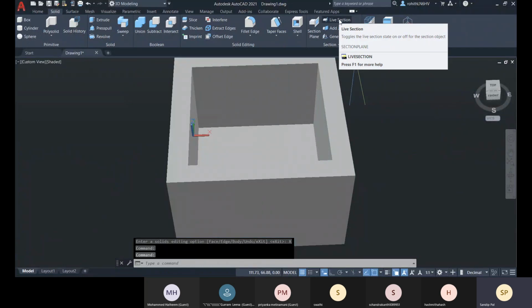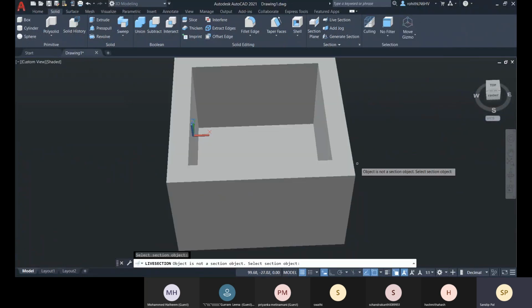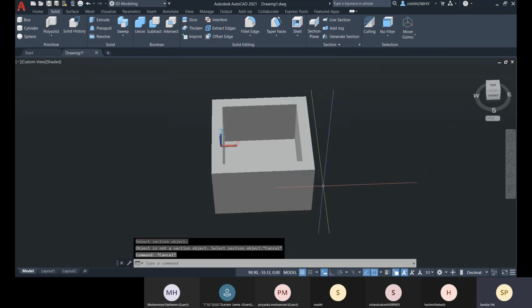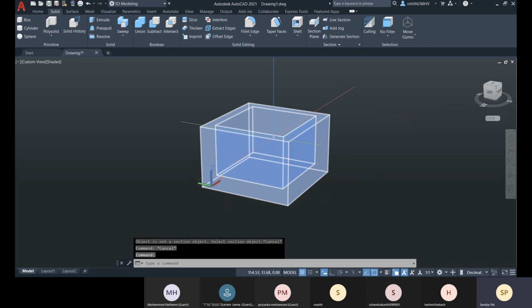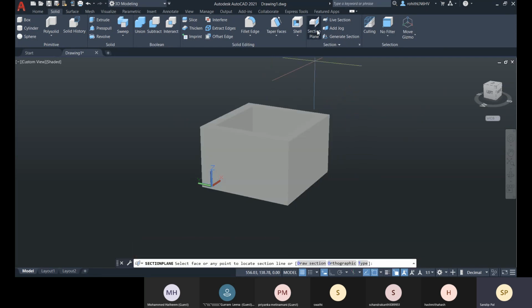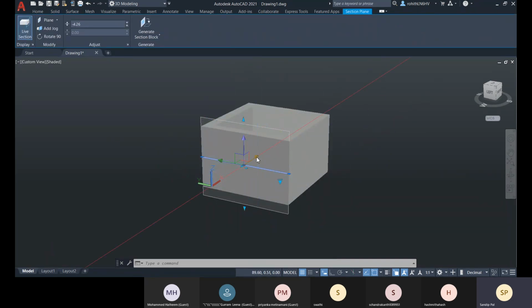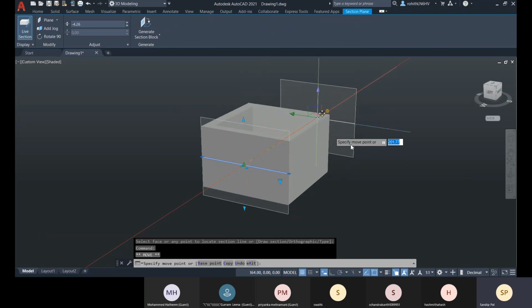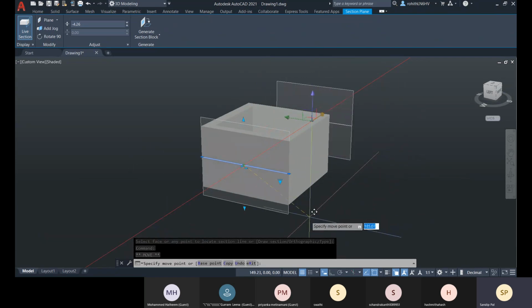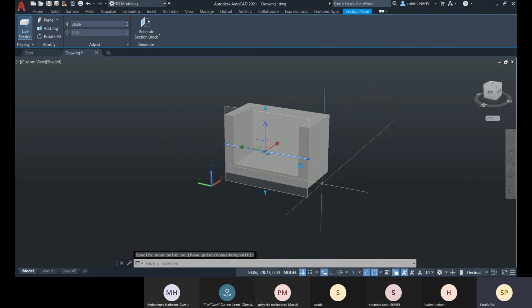And now let me go for this live section, select this object. Okay, so for that we need a simple object, and this one. So let me add a section plane here, and let me choose this section plane, and then let me go with this here.